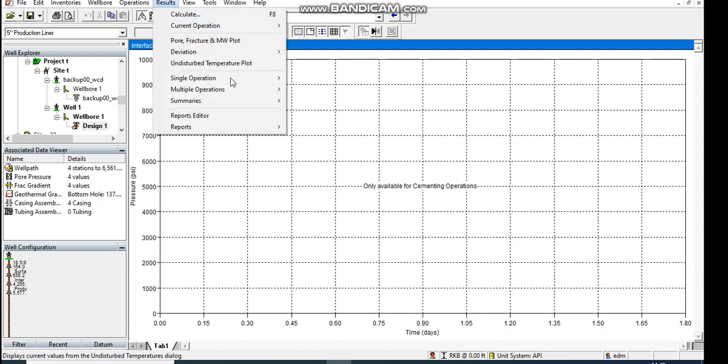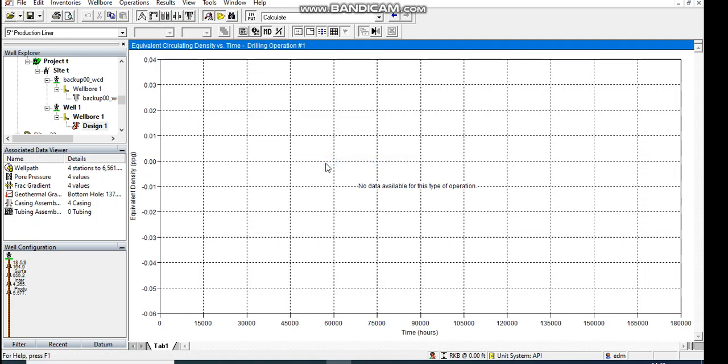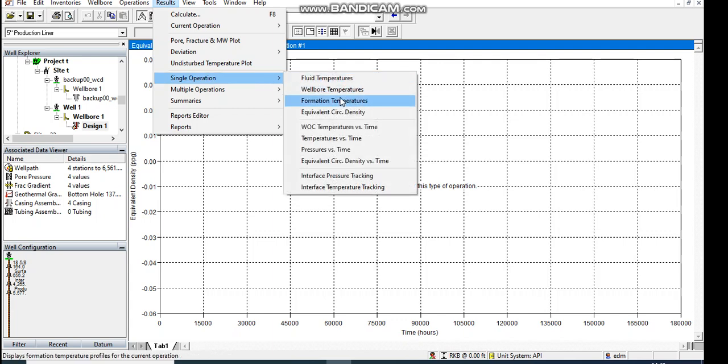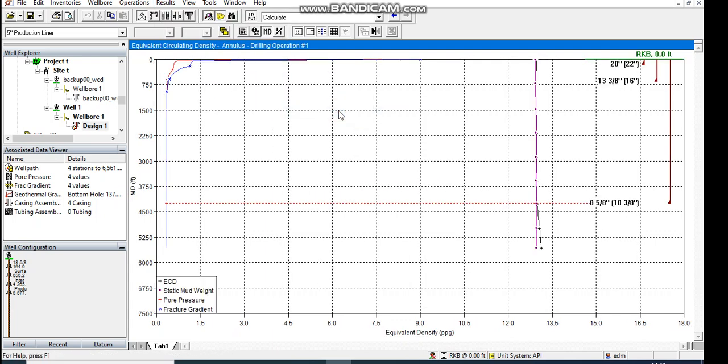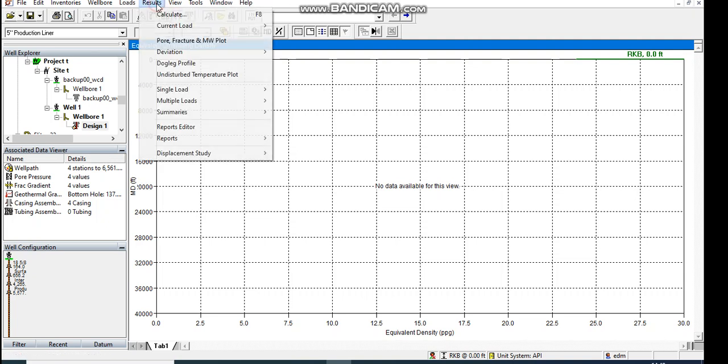It's for only the cementing operations. There's no data for these, but like you can see, we are able to get enough data on this. If you want to view the schematic, you come here, you click on